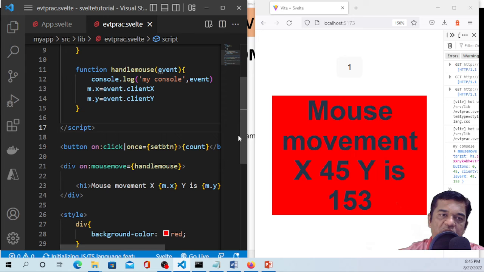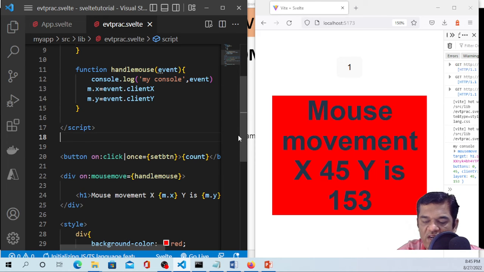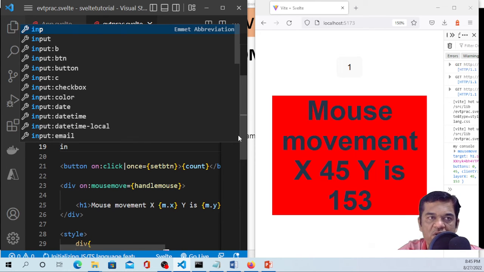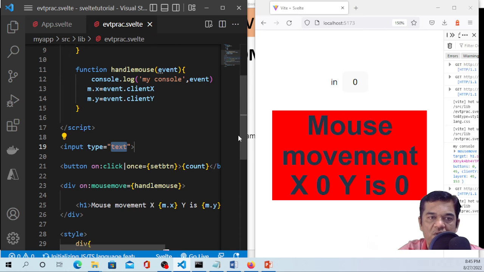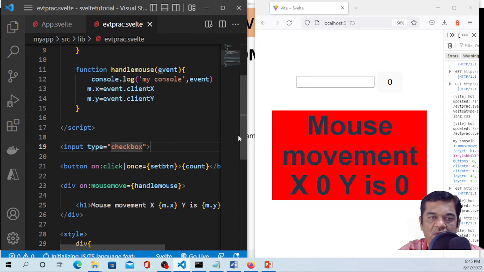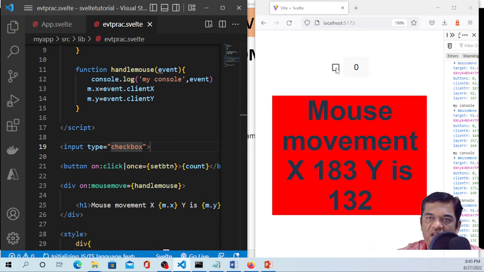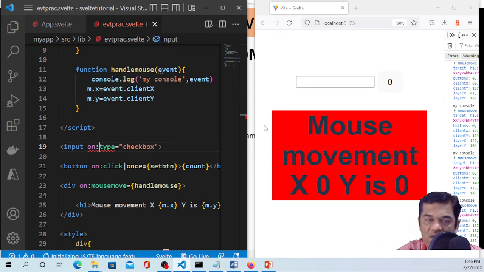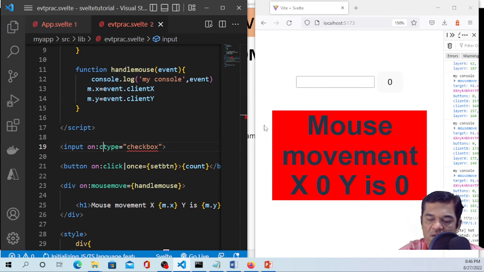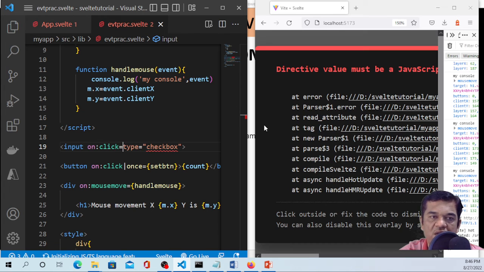And one more example, we'll see prevent default. Let's say I have an input box, input type of checkbox. Okay, now I have a checkbox. When I click this, the default behavior is that I should get this check mark. Okay, and now I want to prevent this default behavior. So how can I do this? Let's say on click,